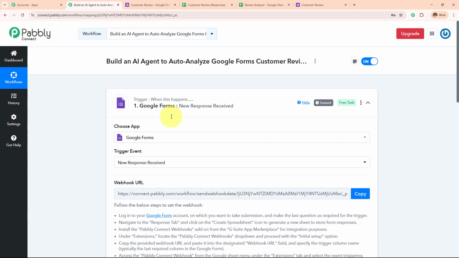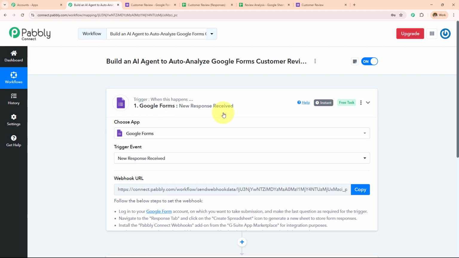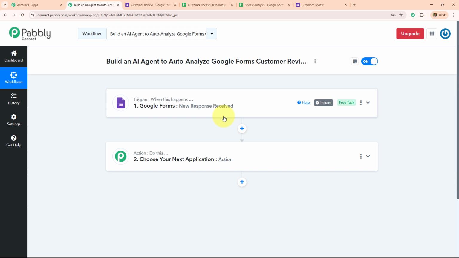And this shows the connection setup that we have created between Pabbly Connect and Google Forms that is successful. And now whenever I'm going to receive a new form submission, I will start capturing that response in this workflow. Moving on to the next step, whenever there is a new form submission, I want to analyze it with the